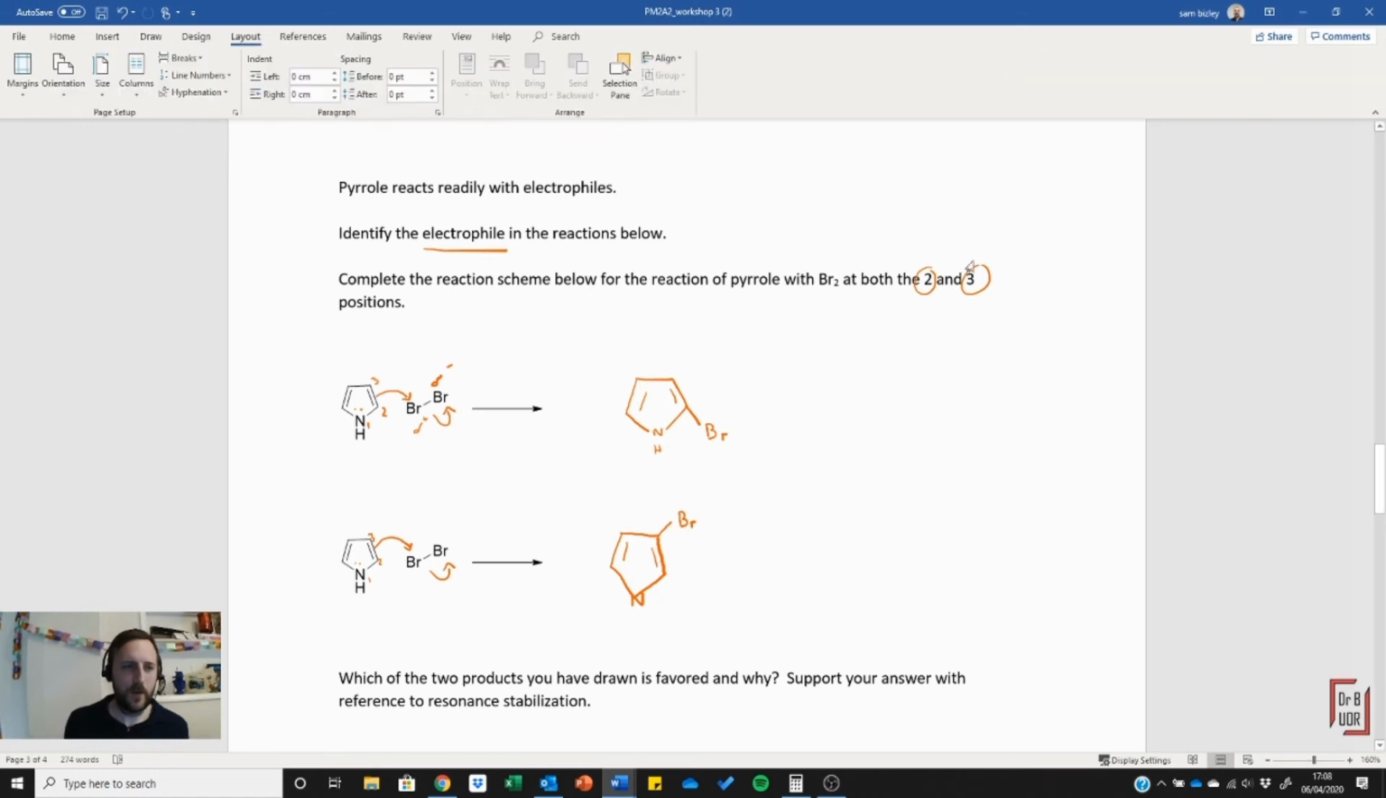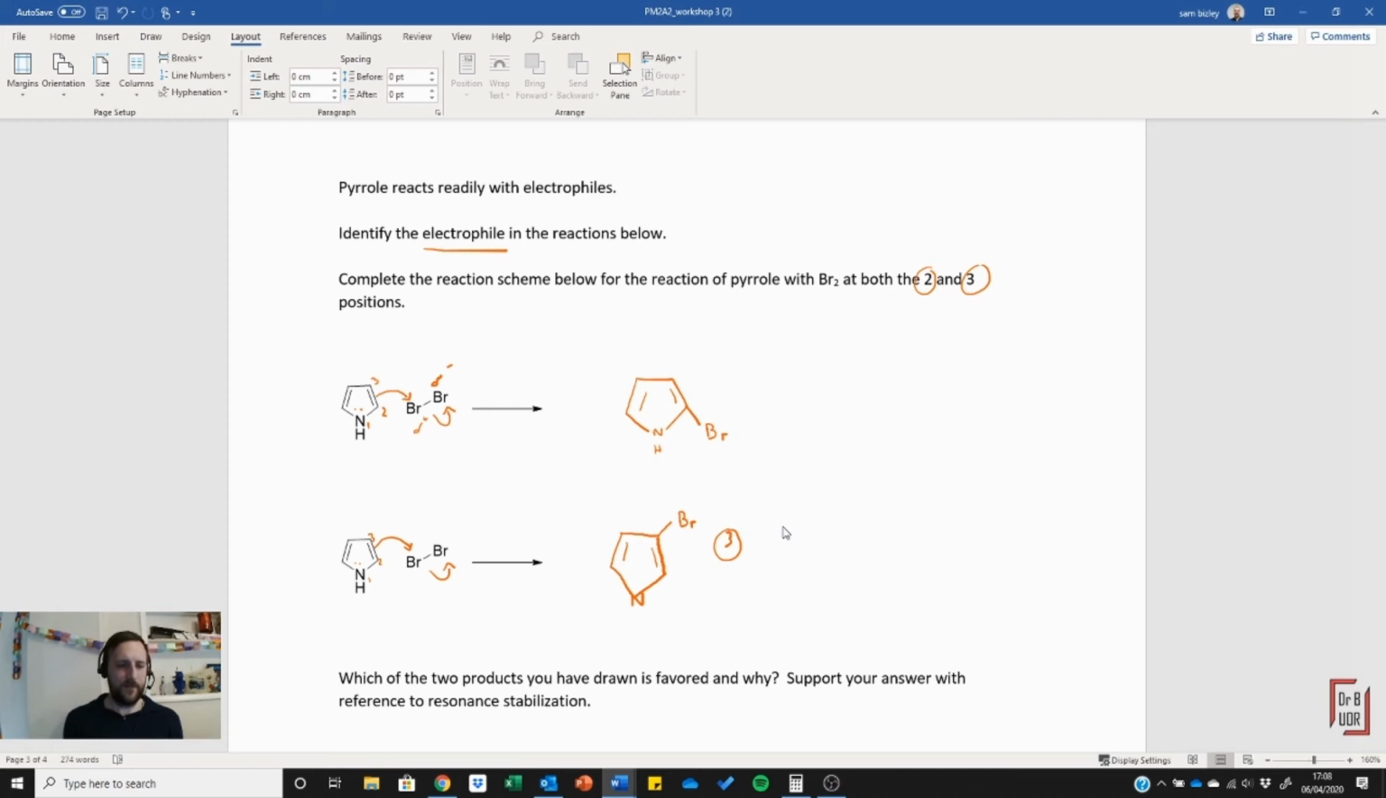Now the important part of the question is which one of these two is favoured. You might want to think to yourself why one particular position would be favoured over the other. We're saying that the electrons are coming from the same bond, but do we think it prefers position 2 or position 3? Some people might think position 3 is better because there's more space here, there's less hindrance. We talk about steric hindrance sometimes, and that sometimes is true. But